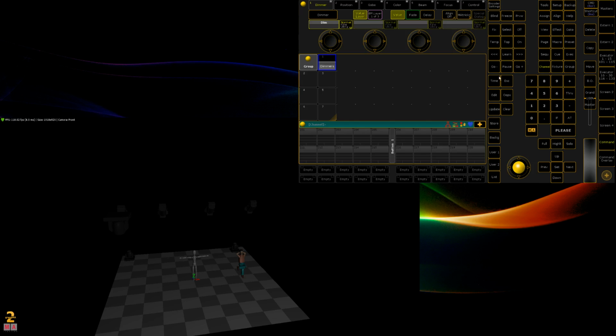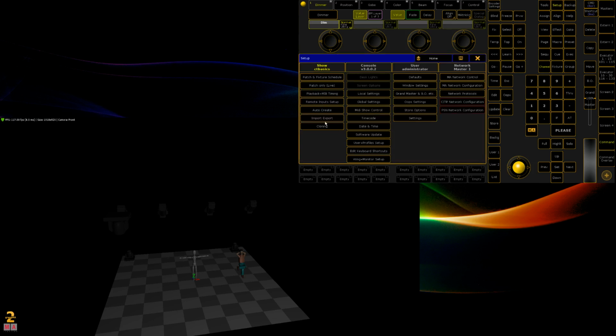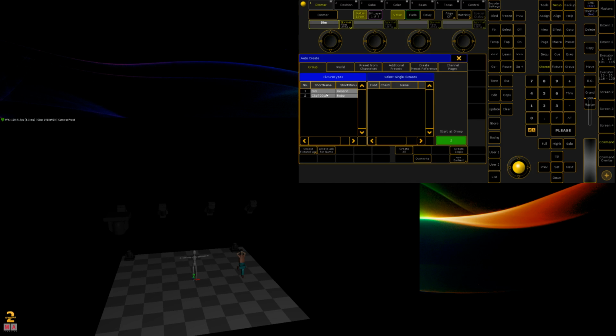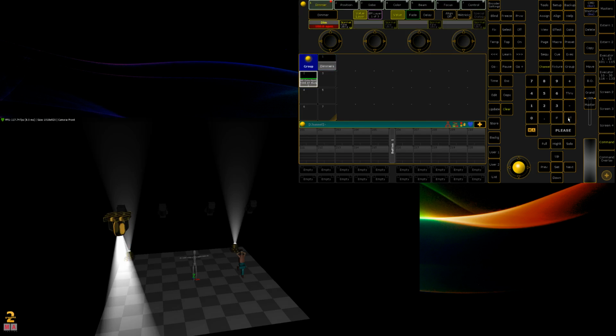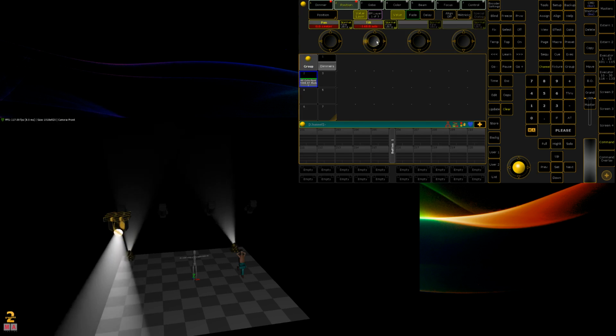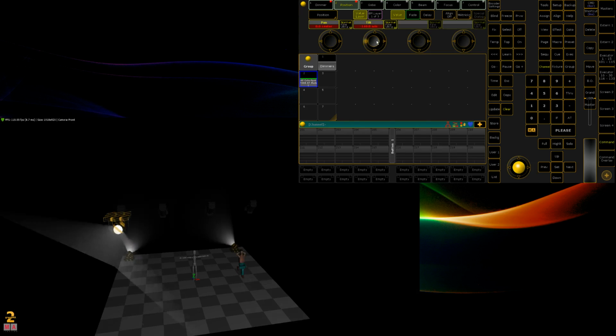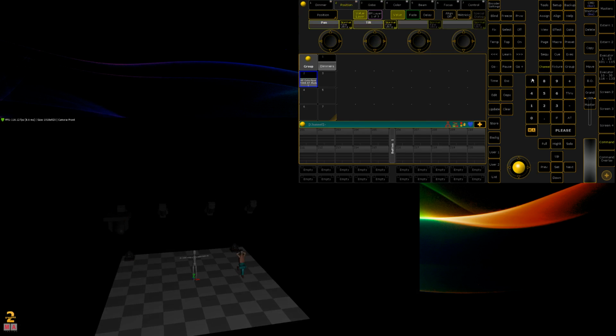The other way we can do it is we can go setup, auto create, group, select the fixtures, then just go create all, and it's going to create one group for us. And then they are. Now it says it's got a really long name. It's telling me that they're Robe 700s and they are in mode 1, which I don't really care about. So we can edit that. So if you've just edited something or you've got it selected like that, you can just start typing and you can call them Robe